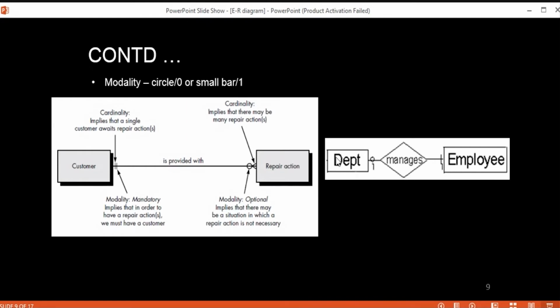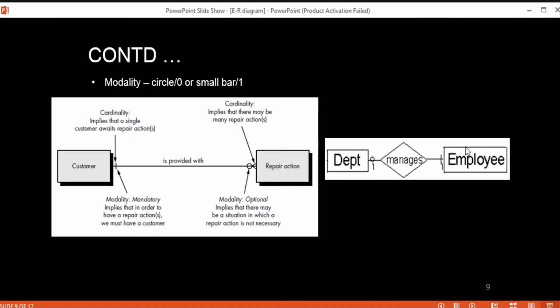Okay. Similarly, in this particular example, a department is managed by one and only one employee. If we go from left to right, and if we go from right to left, then we can say that an employee may manage no more than one department. Okay, only one department. So here we can say that the department's existence is optional, because we have indicated it with a circle, and employee is mandatory.